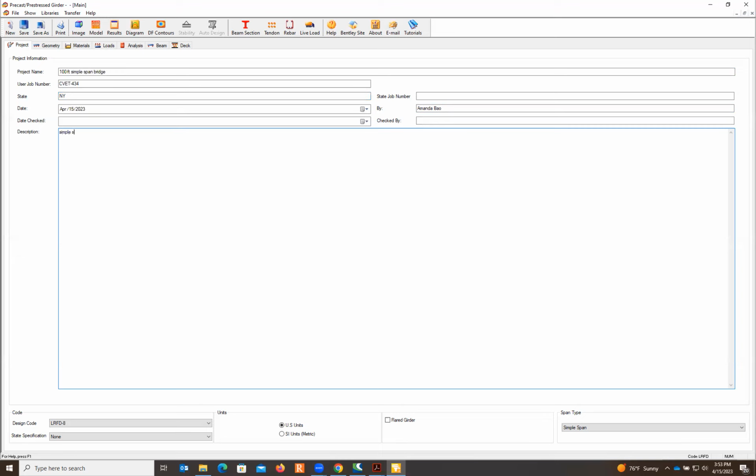So I will put a simple span, 100 feet, bridge width 52 feet, 6 girder lines at 9 foot spacing, overhang equals 3.5 feet, deck 8 inches,